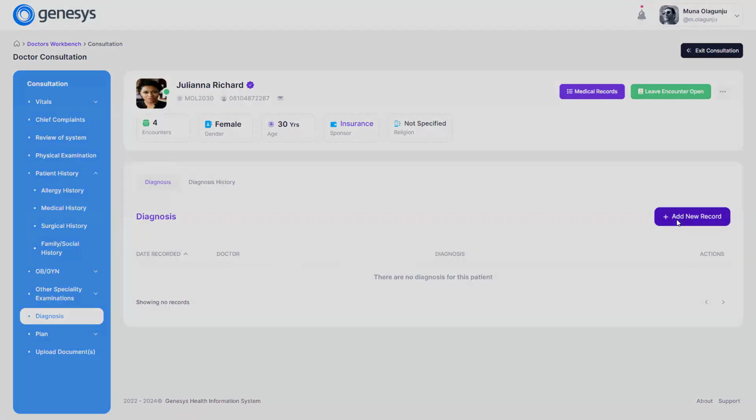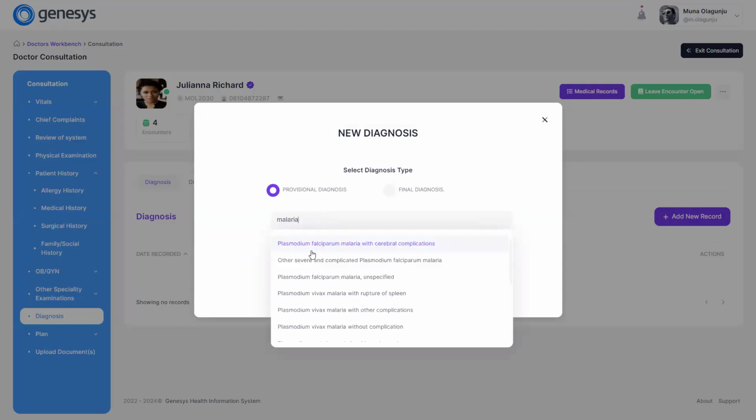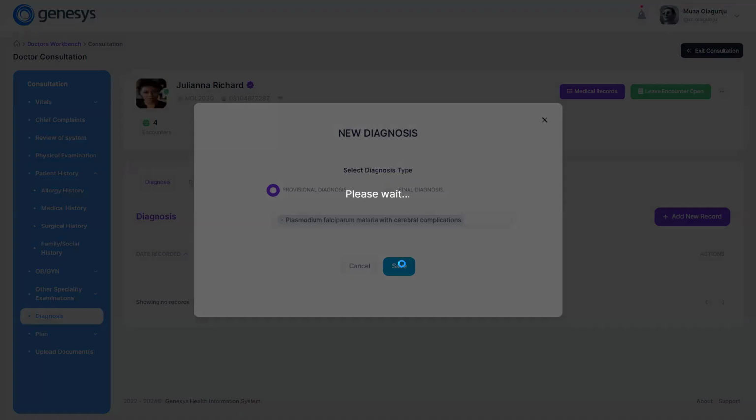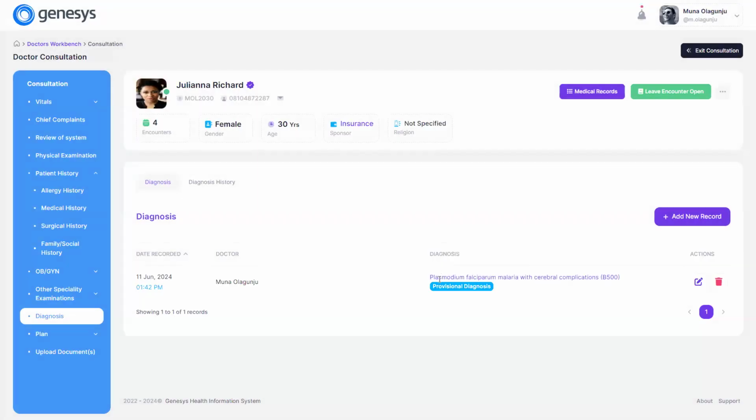So for the diagnosis, we have the provisional diagnosis, we have the option for the final diagnosis, and this is picked from the ICD-11. Let's say the provisional diagnosis is malaria, right? Let's say, yeah, malaria with cerebral complication, save, right? Now, after other observations, then I can